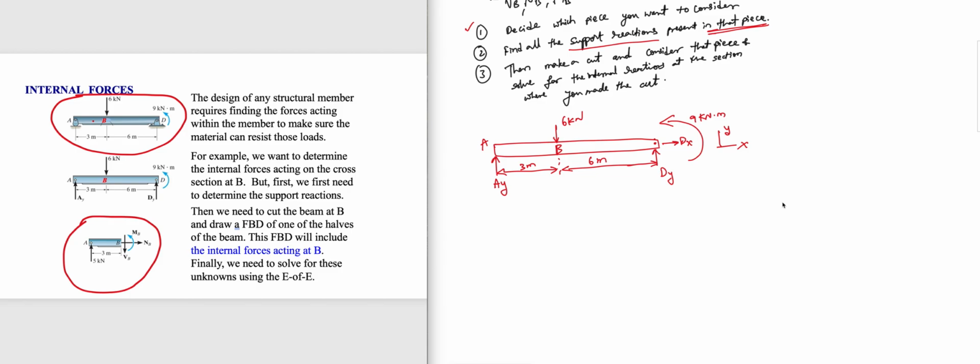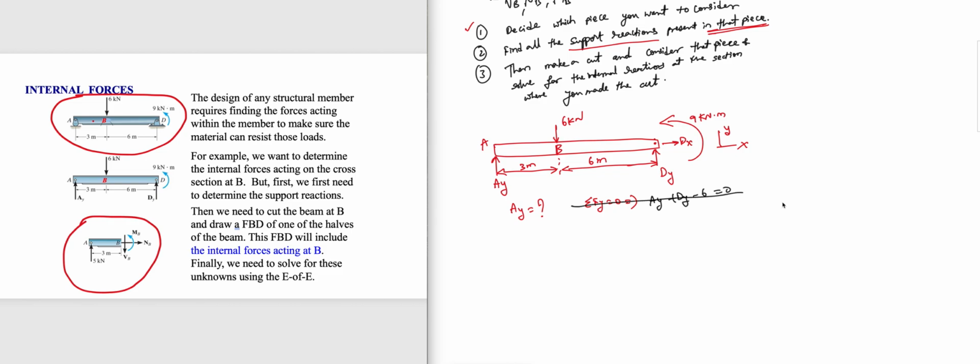So I just have to find what AY is. How will you find just AY? You may say, I'm going to use the equation sigma Fy equal to 0. That implies Ay plus Dy minus 6 is equal to 0. Can you solve for this now? No, you can't, because you don't know what Dy is. Rather than doing this,